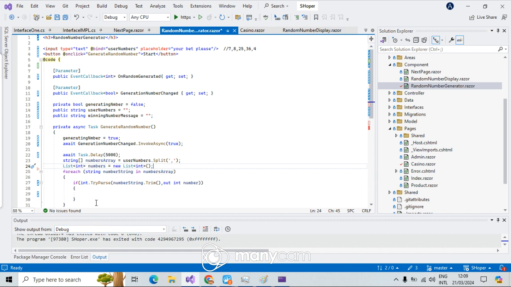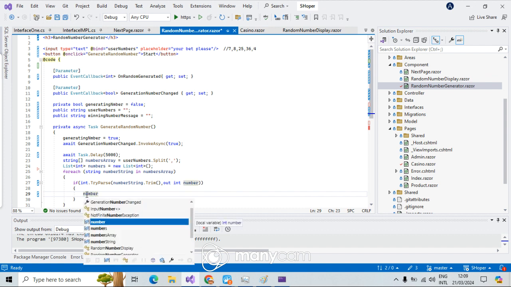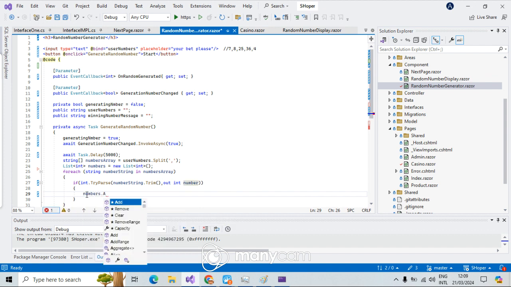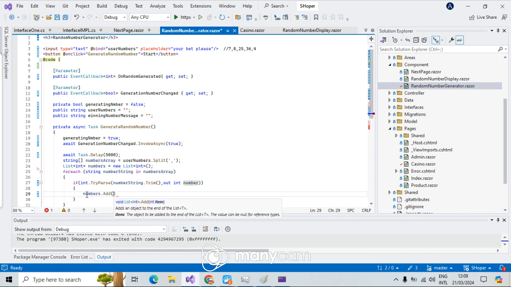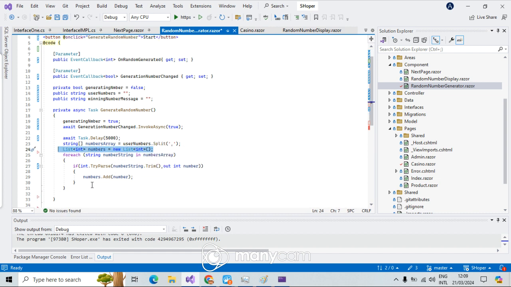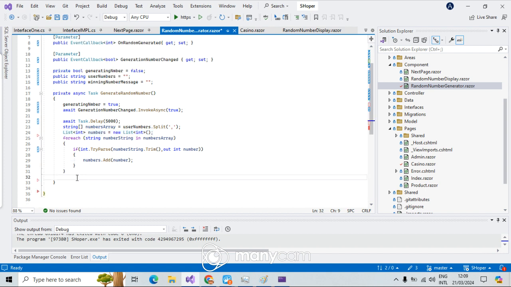And then I say here when you got that number, numbers dot add, I'm going to add to that list one. Which one? Number. Yes, okay. Now here I have all user input in the form of integer, and then here I need to generate the random number,